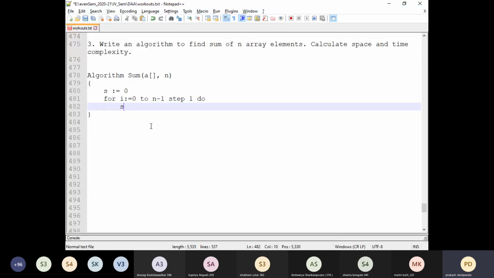So s is equals to s plus the array element of the indexed value i. Once the for loop gets completed from the 0th index to the last index, the variable s will now store the sum of all those elements, and then later we can just write that particular sum value. So we can say write s.